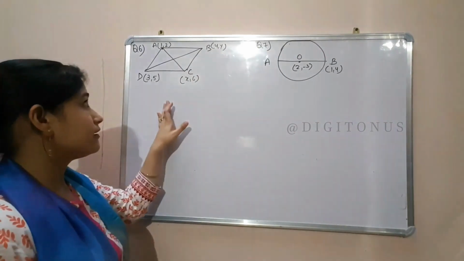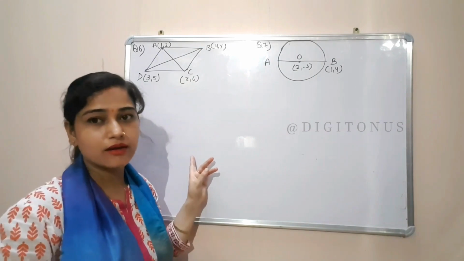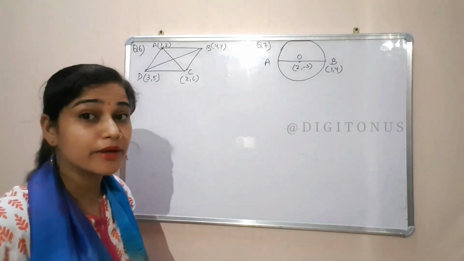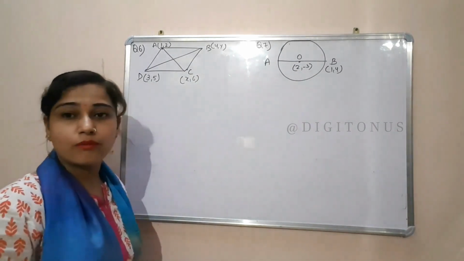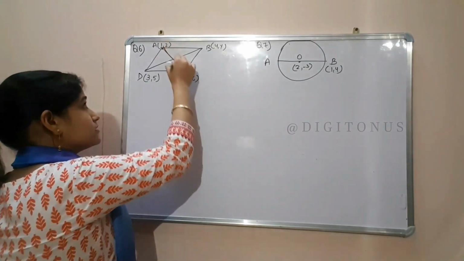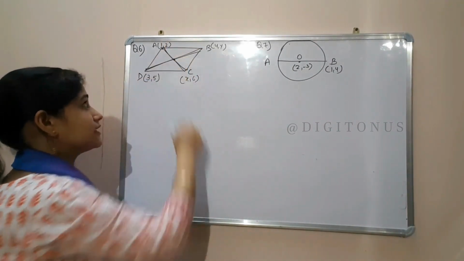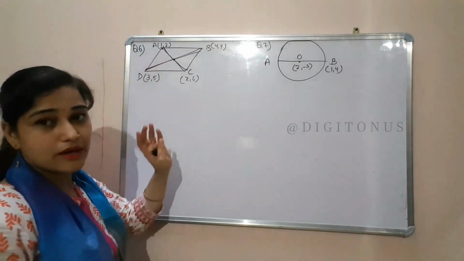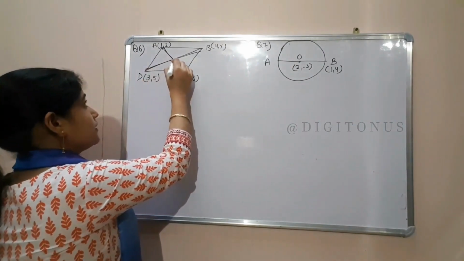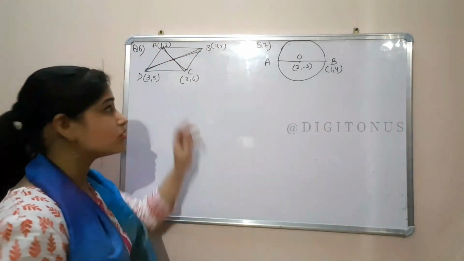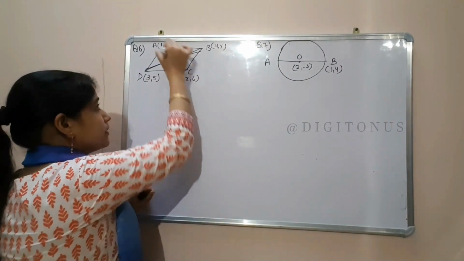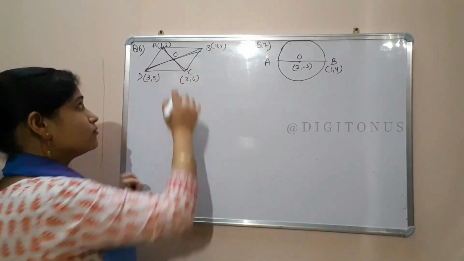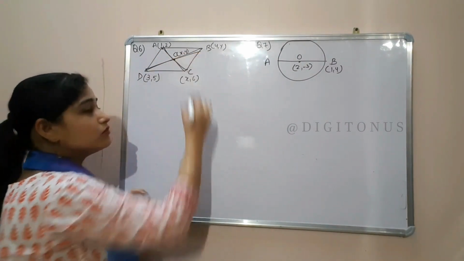So according to me, if we know the property of a parallelogram, we can find the x and y values easily by applying the midpoint formula. Why the midpoint formula? Because one property of a parallelogram is that the diagonals of a parallelogram bisect each other. Bisect means they meet at the midpoint, into equal parts. So this point O will be the midpoint of BD also, and the midpoint of AC also. So in both conditions, BD or AC, the midpoint will be equal, the x y value will be the same.